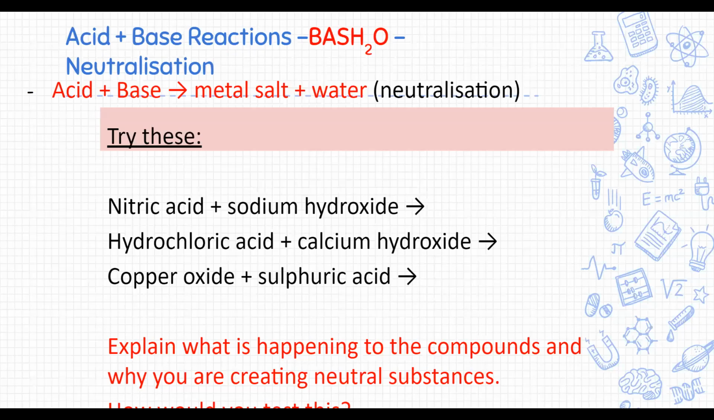So here we'll look at acids and bases reacting to form a neutralization reaction. In the last video, we looked at the salts and naming those salts that are produced. So we have a few examples: nitric acid plus sodium hydroxide, hydrochloric acid plus calcium hydroxide, and copper oxide plus sulfuric acid. What you have to do is explain what is happening to the compounds and why